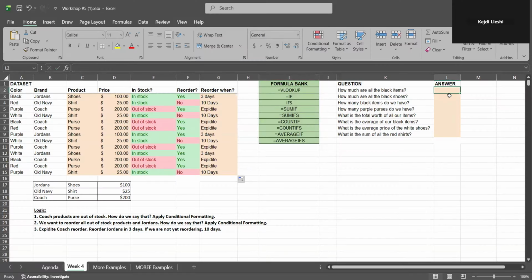So let's take them one at a time. How much are all of the black items? So we're going to say equal sign. Out of all these formulas, you can take a look at them, and it's asking how much. So we're adding together all the prices on the condition that the items are colored black. So we're going to say SUMIF,